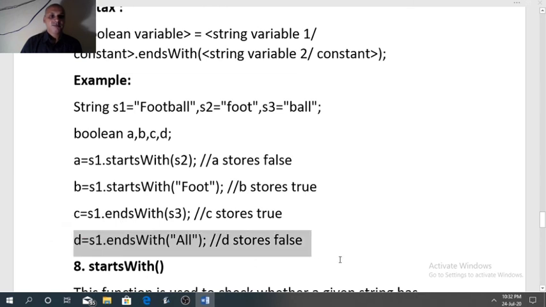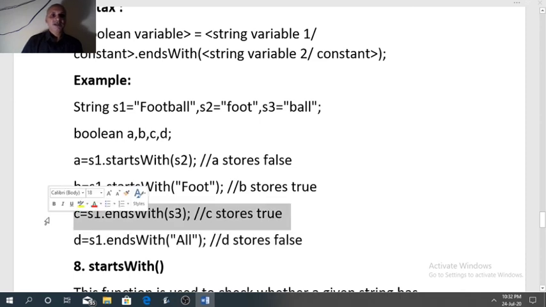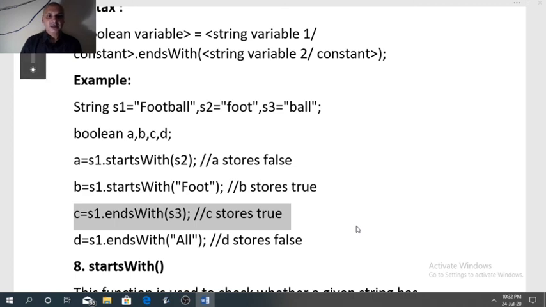C part. Just like we have starts with function, we have ends with function also. In this case, it will check whether S1 is ending with S3 or not. So S1 is football.